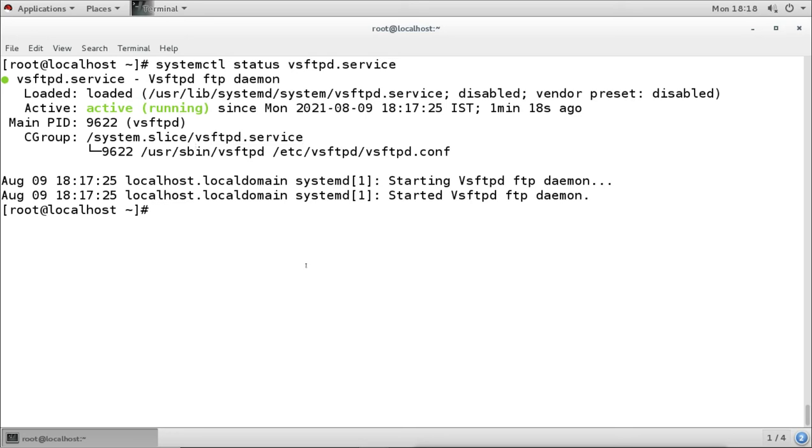Now if we made some changes to this service's configuration, we don't have to reboot the whole system. In Windows, when we install or make some changes to an application, we have to reboot the whole system, because it is a graphical thing and not a file-based operating system. But in Linux, instead of rebooting the whole system, we can just restart this service, and when we restart the service, it will update the changes. What we can do is run the command reboot, and it will just reboot. Oops, sorry.